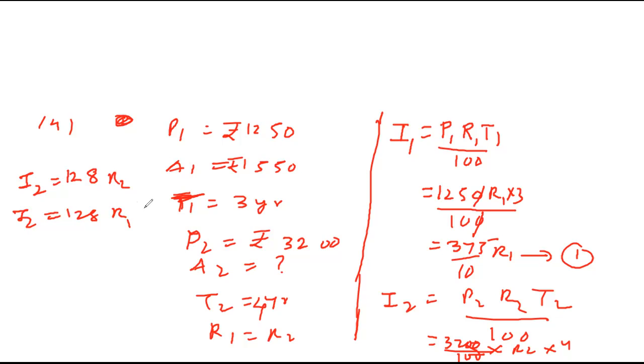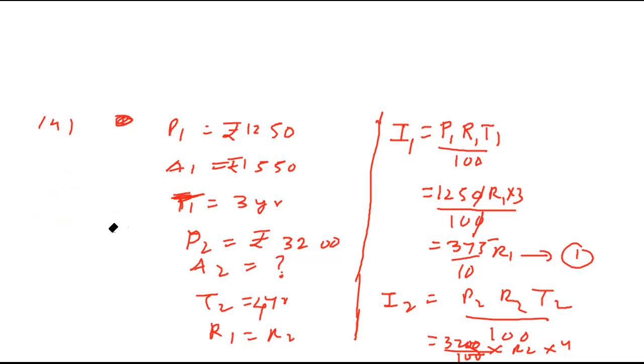See, this is one method. You can take the ratio also. So you'll get I1 upon I2. Are you getting what I'm saying? Rate of interest is the same, no? So I1 we know, I2 we know. Can I get I2 is how many times I1 from here? One minute, wait. I will make it easier. You may get confused with this. Don't get confused.